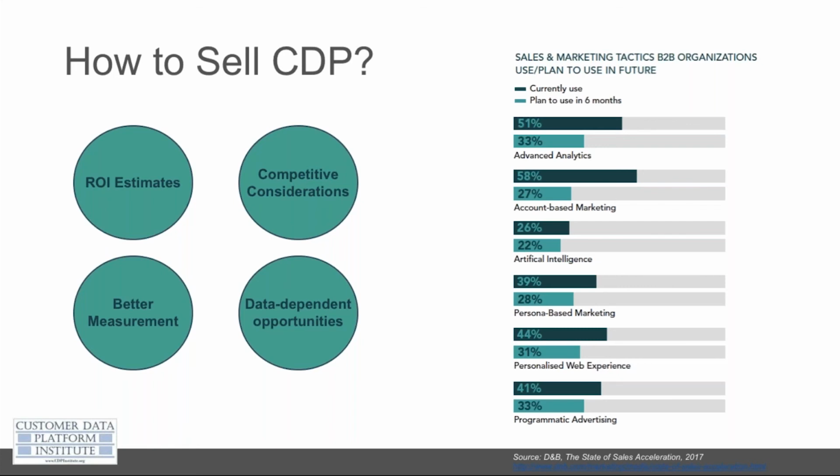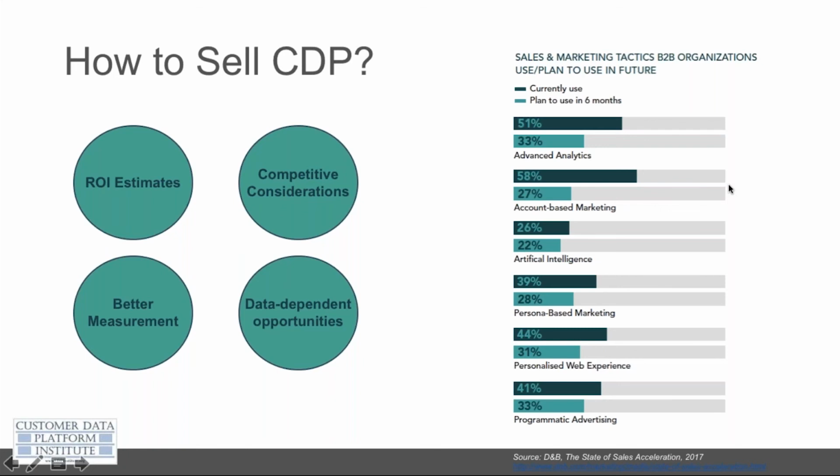Better measurement, clearly. Sometimes that's enough. Classic marketer problem is I just don't know what the return is on my marketing investment, not my technology investment. And the CDP, by aggregating the data and putting it all in one place, makes it accessible for analytics. And in fact, when we look at some of the things that people do with the unified customer view, better analytics ranks right up there at the top as the number one or number two most common use for the data. So even if your marketing systems can't personalize, just being able to do the analytics and understand your marketing spend, understand what's working and what's not working is a huge advantage of something that the CDP